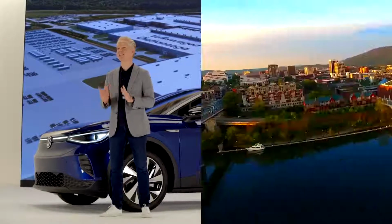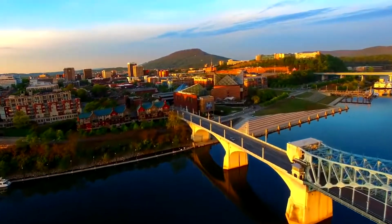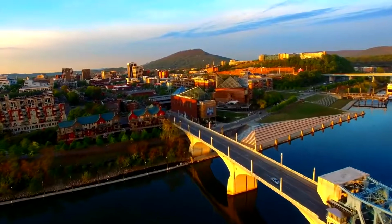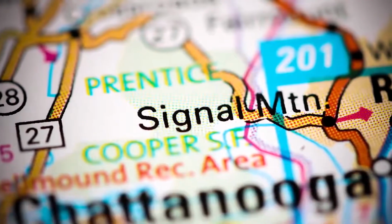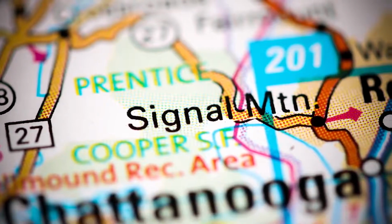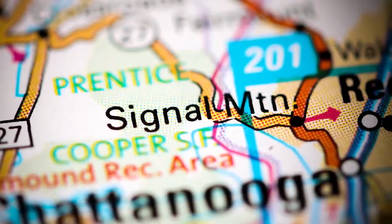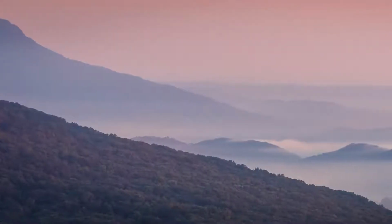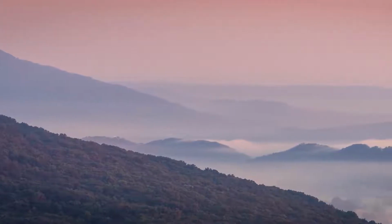Speaking of, I test drove the ID4 down in Chattanooga, where the entire town is buzzing as the $800 million expansion of our plant to start building the EV is rocking and rolling. I took it up and down Signal Mountain. Car enthusiasts know it's a stunning drive, but I was reminded about its history and couldn't help think it was kind of poetic. For centuries, from Native American smoke signals to Civil War dispatches, the mountain was the best place